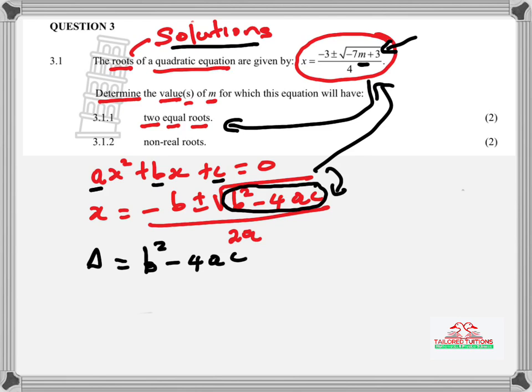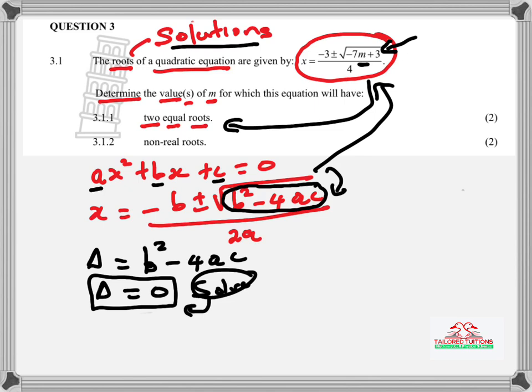And for us to say the roots are going to be the same, or the roots are going to be equal, this discriminant here must be equal to 0. So this is an equation which will be very useful in determining the value of m here. Remember, we want to solve. So for us to solve, we need to have an equation. Where are we going to get that equation? We are getting it from the fact that for us to have equal roots, the discriminant must be equal to what? Must be equal to 0. So this means that